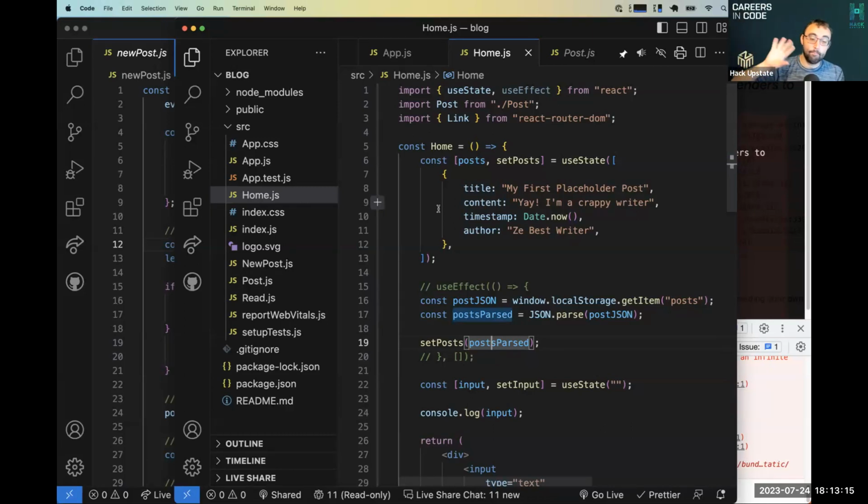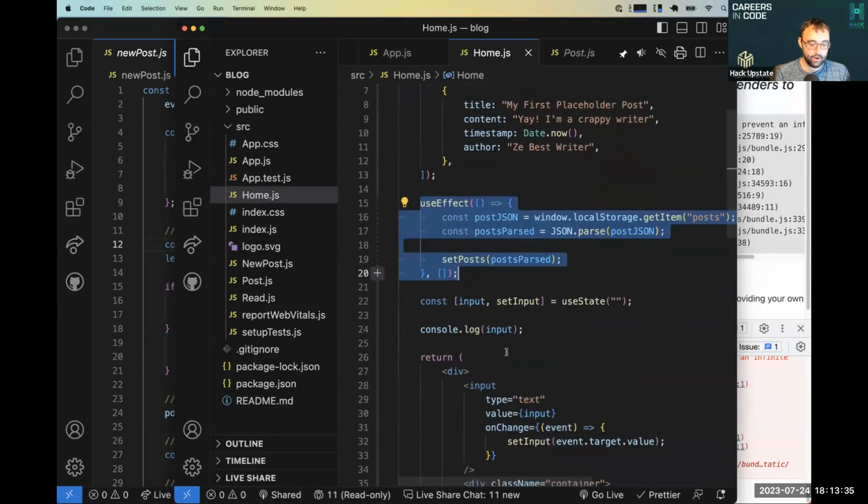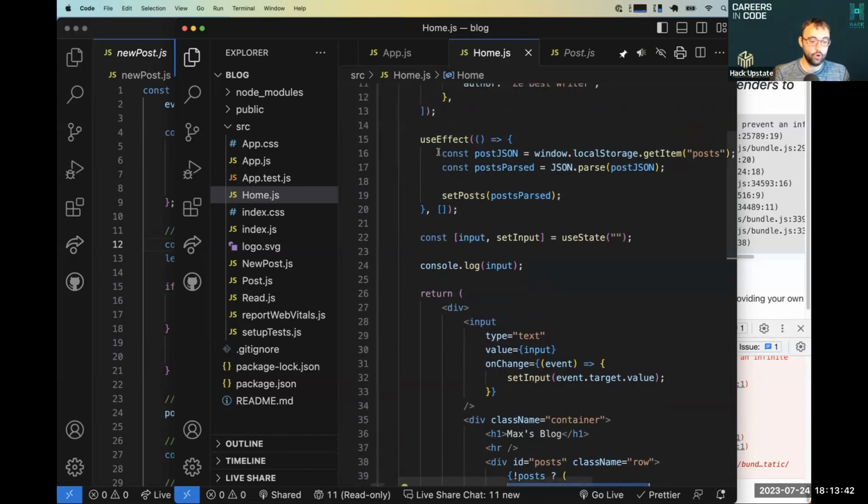So the way that we break that is we put it in a useEffect. This useEffect is saying only run when the component first mounts. So now what happens is it comes through and it goes, okay, posts is going to be this stuff here. We're going to run this in a second, come down here, show that there are no posts yet. Now that the component has loaded, we have to go deal with this useEffect. This useEffect is only going to run after the component shows up for the first time